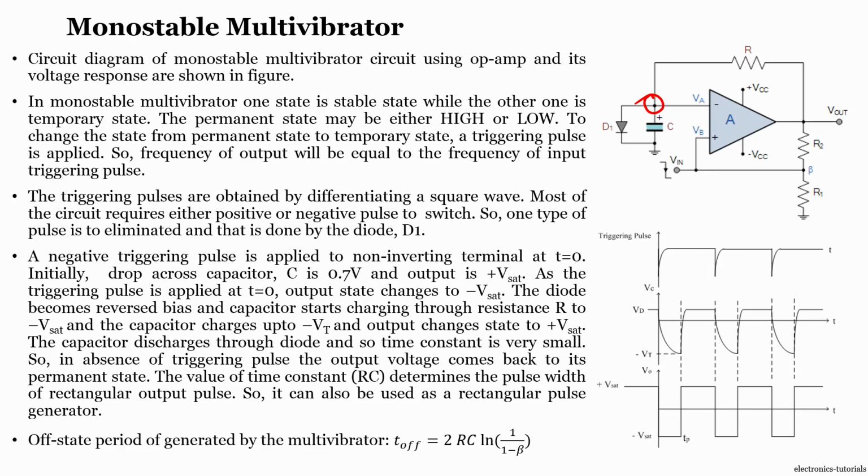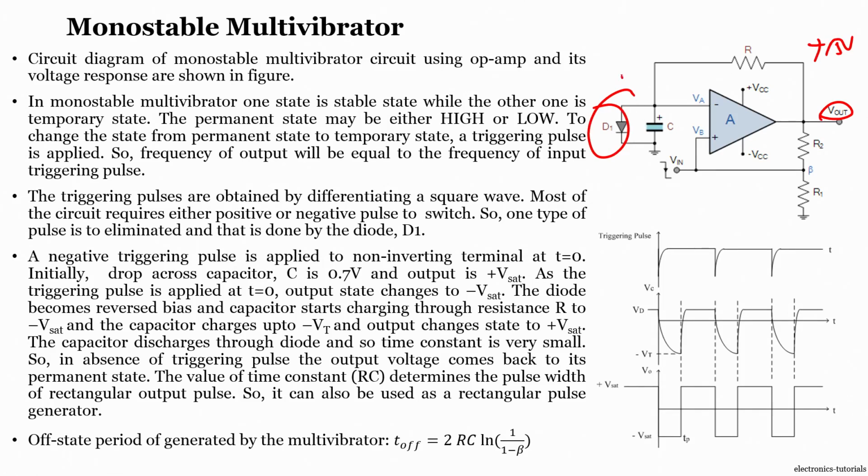But the only difference that we observe in a monostable multivibrator is that along with the RC filter there is one more diode, which is connected in this fashion, right: anode to positive and cathode to ground. Now, what will be the implication of a diode in the system? One thing is clear: whenever the output signal is positive, the capacitor cannot charge to 15 volts. The reason is the diode.